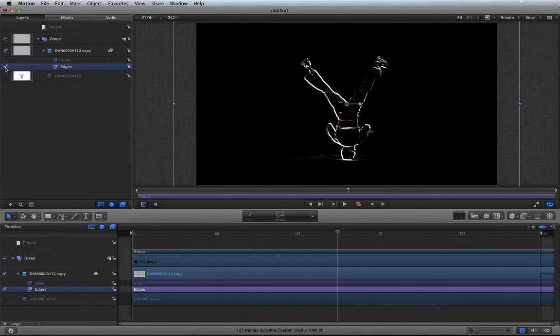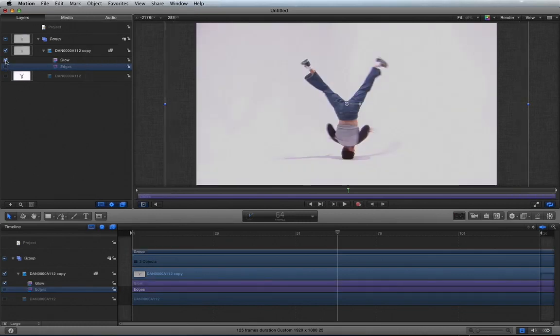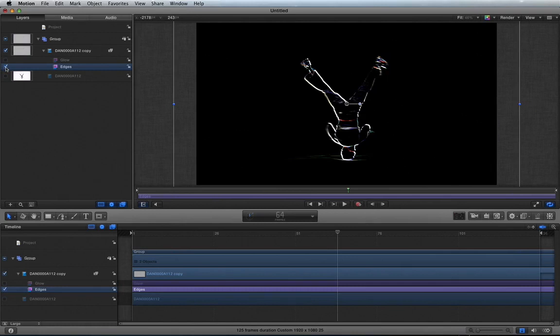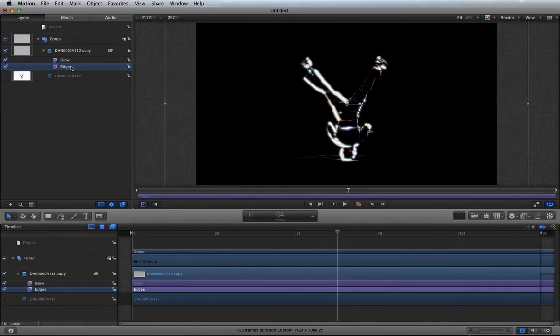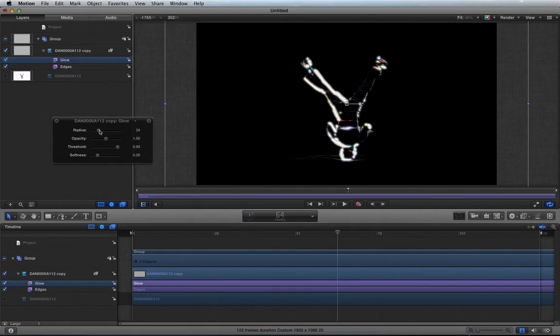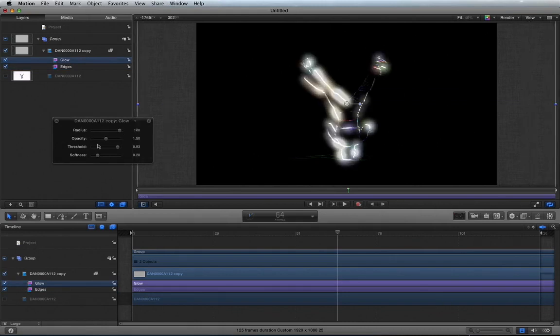It finds the edges. Whereas if this is glow, you can see glow just slightly makes things more of a glow. So if I find edges first, because it's at the bottom, and then I add a glow, what Motion does is at first it finds the edges and then it finds the glow. And I'm just going to show that even more. You can see here that if I were to switch the order, so if I were to take the glow right here and